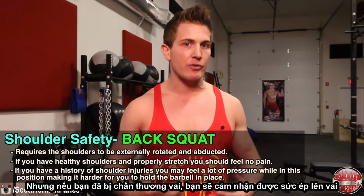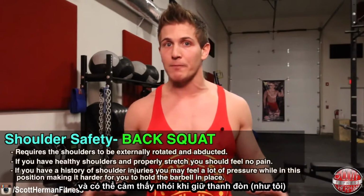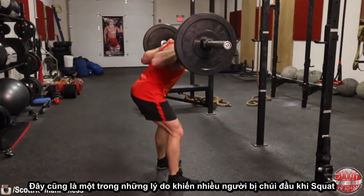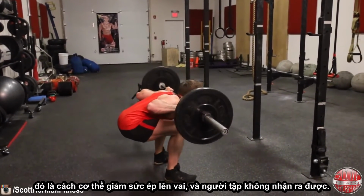But if you have a history of shoulder injuries, you may feel a lot of pressure while in this position, making it harder for you to hold the barbell in place. In fact, oftentimes this is what leads people to fall forward during a squat, because without realizing it, as they descend, they are pushing themselves forward due to the